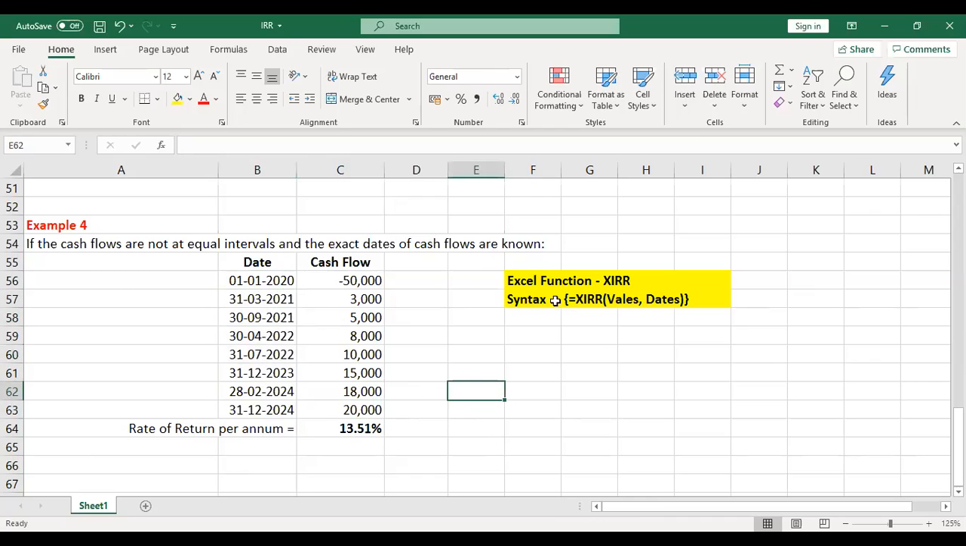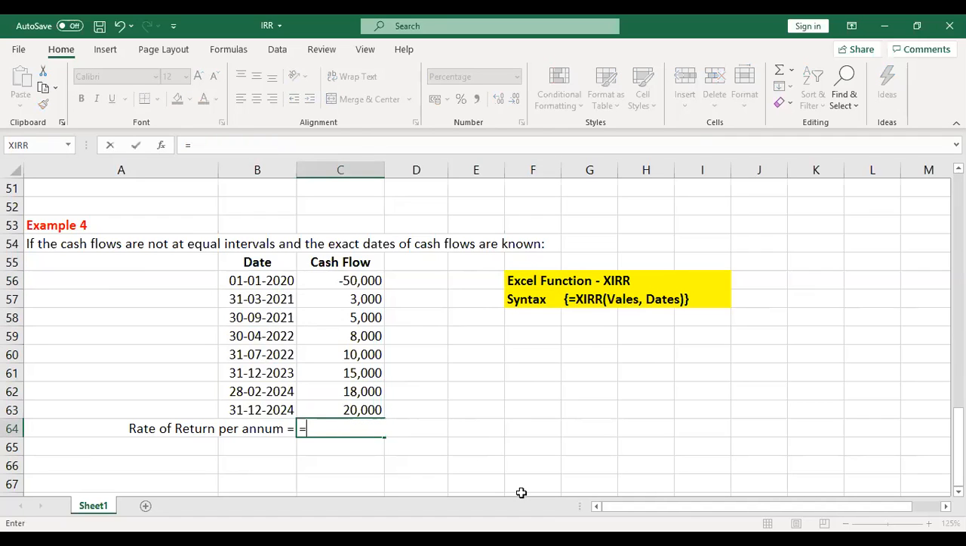In this case, Excel has another function called XIRR. The syntax for this is XIRR values and dates. So let me redo this once again for you. Is equal to XIRR. You have to be very clear about the dates here. Dates have to be given clearly. First is values. So we select the value range, comma. We select the date range now, and then we close the bracket. Enter. The rate of return is